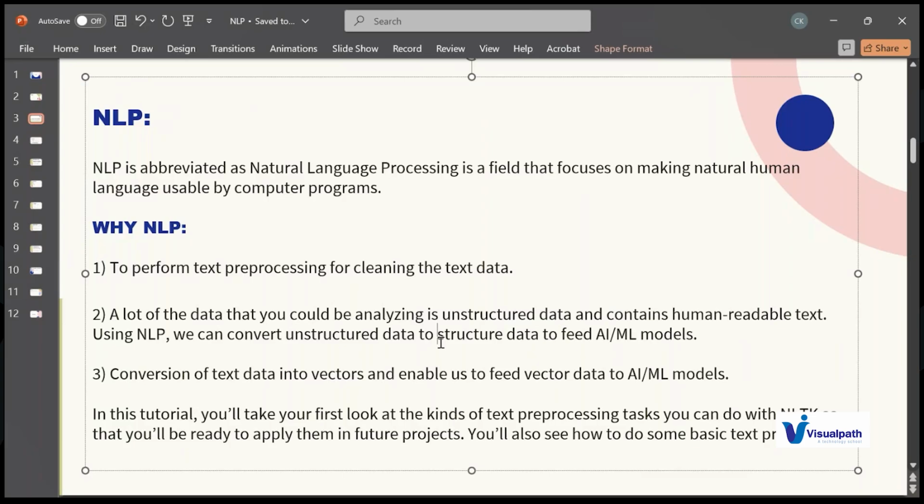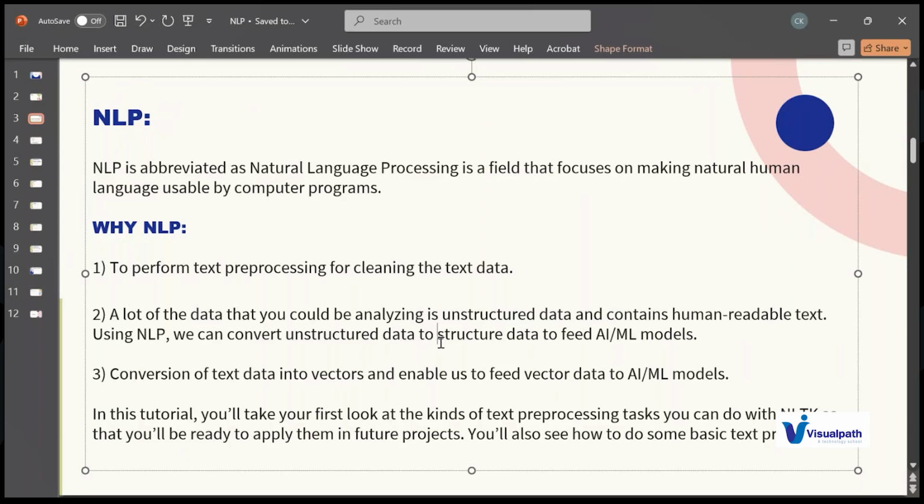Okay, so here the unstructured data is any data in the form of text, which is in the form of paragraphs, sentences, or larger documents. So everything is unstructured data. Structured data is the data which is in the form of table data. A table will have columns and rows. So for converting the unstructured data to the structured data, we also use natural language processing.